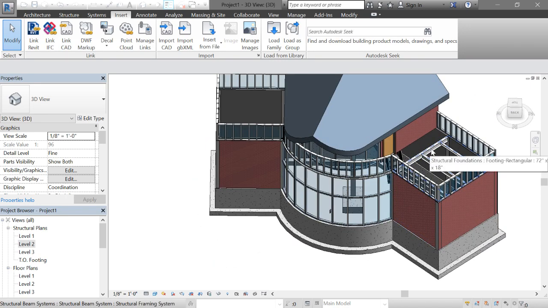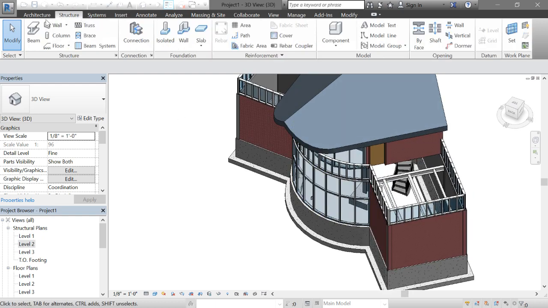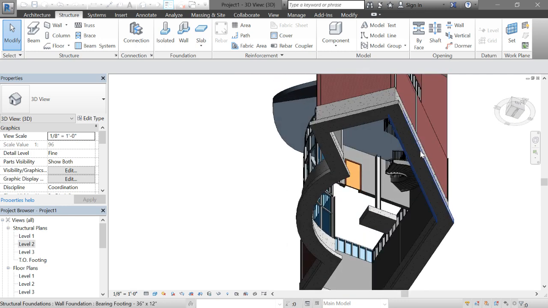Add your primary beams from column to column, and then add your secondary beams. You can either manually place them just by using the beam, or you can shortcut by using the beam system. If you use the shortcut for your columns of place at grids, let's say,